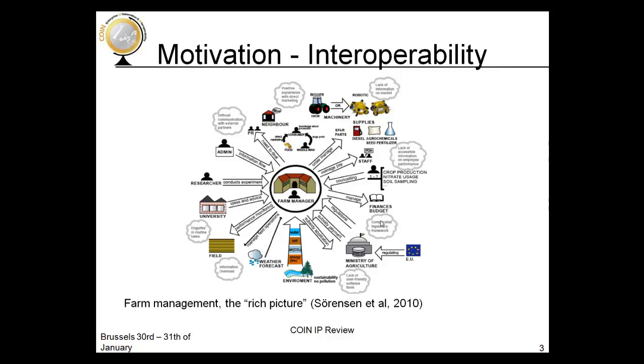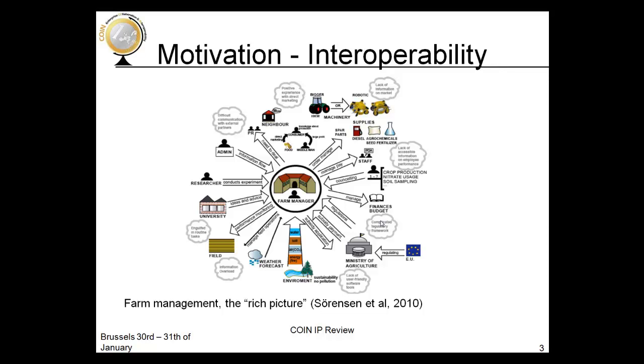Unfortunately, currently, any organization, for example the food industry, the Ministry of Agriculture, or subsidies control, is using different systems, and there is a big problem for the farmer to exchange information between his farm management system and these other external systems. So you can see on this image some examples of communication.